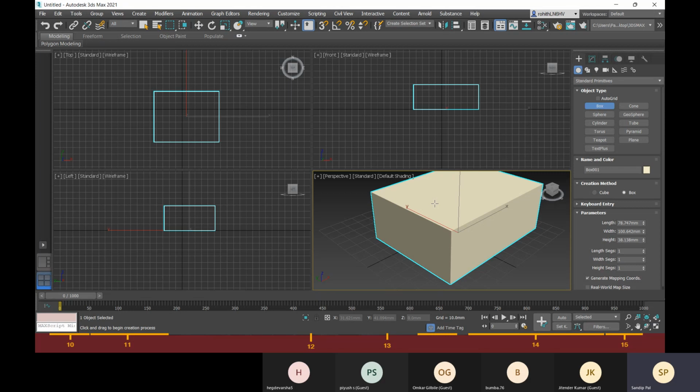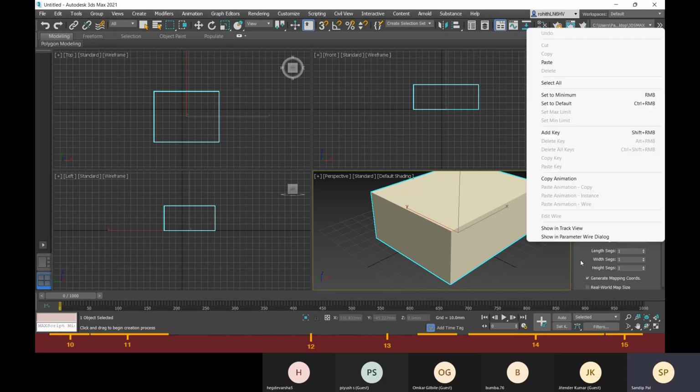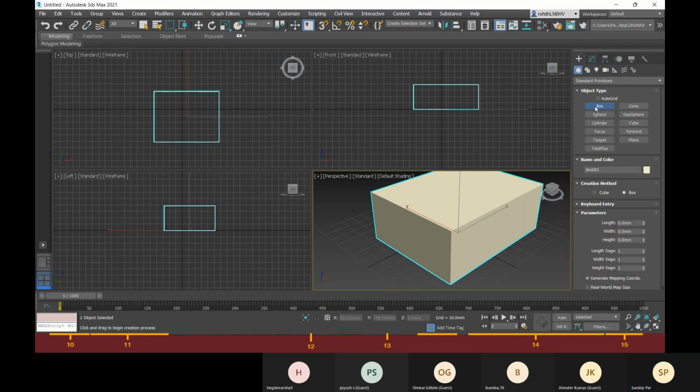After that, you are allowed to change the length, width, and height options. I'm currently in box creation mode, right? Just after creating, you are allowed to change the length, width, or the parameters.